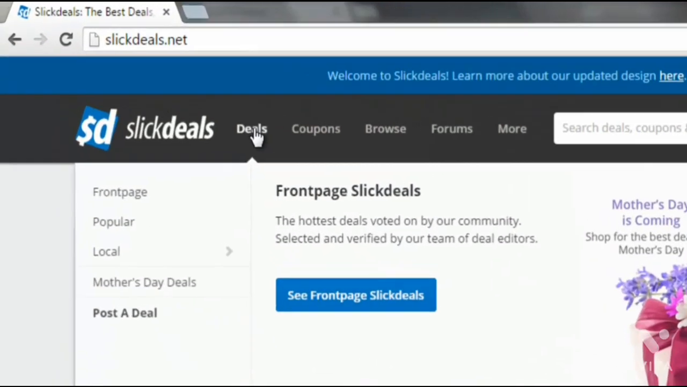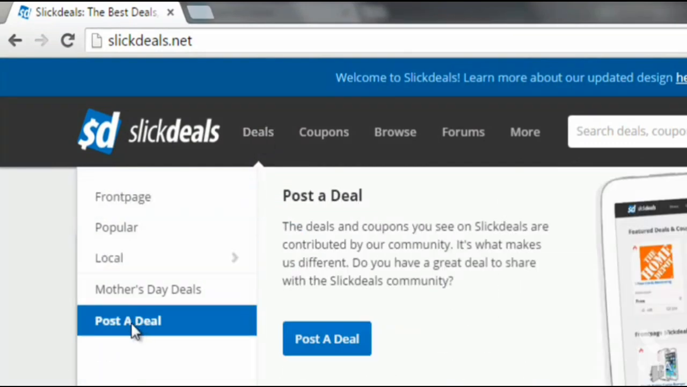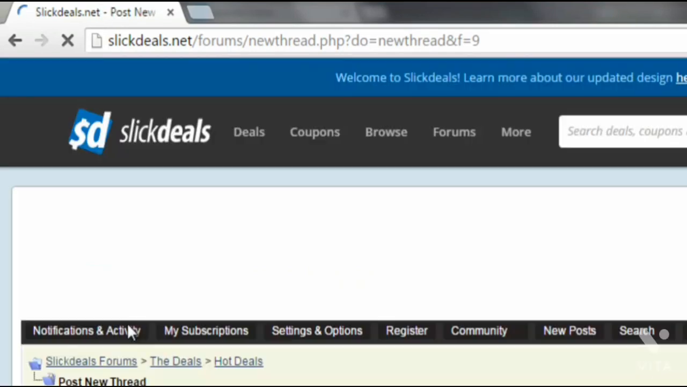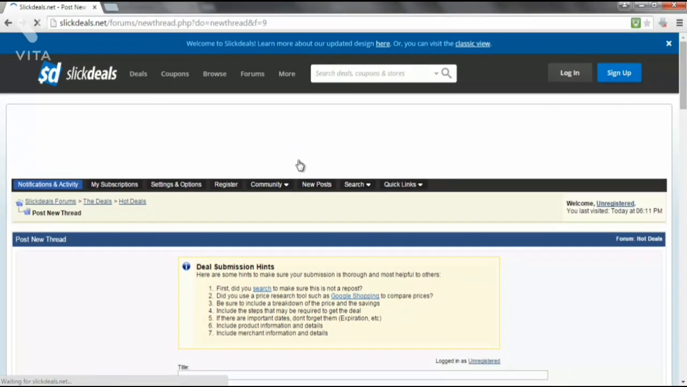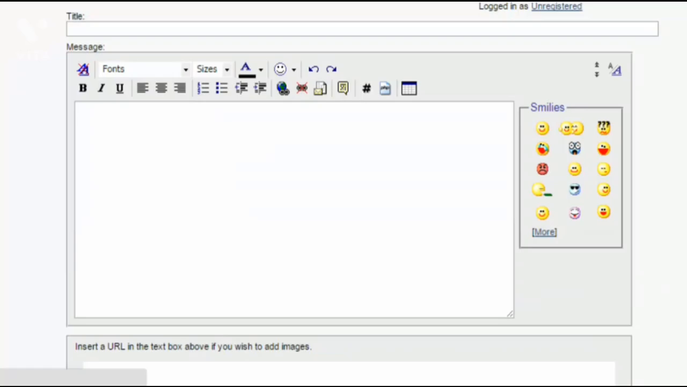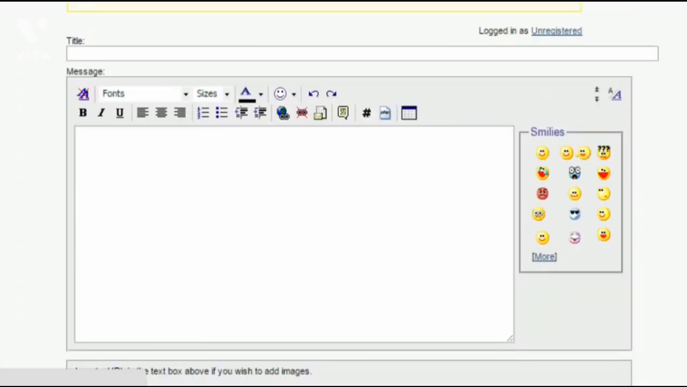So all you do is head on over to deals in the menu here, click post a deal, and all you need to do is follow the instructions, which is basically a forum thread. So obviously it's your product, so you'll know if it's not a repost. And basically all you do is follow the 7 guidelines here, enter the information in here,